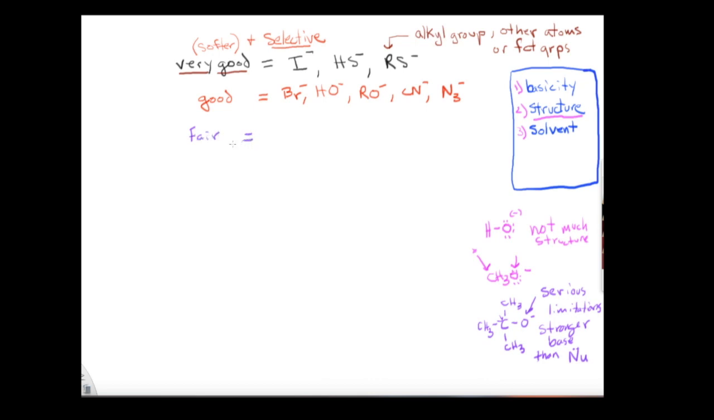These are run-of-the-mill. And again, remember that we've got 3 factors here: the basicity of the nucleophile, the structure that is around the atom that has the unshared pair of electrons, and the solvent that the thing is dissolved in. The solvation can limit the movability of the nucleophile, the ability of the nucleophile to get to the electrophile. And for the fair ones, we're going to have ammonia, NH3, chloride,